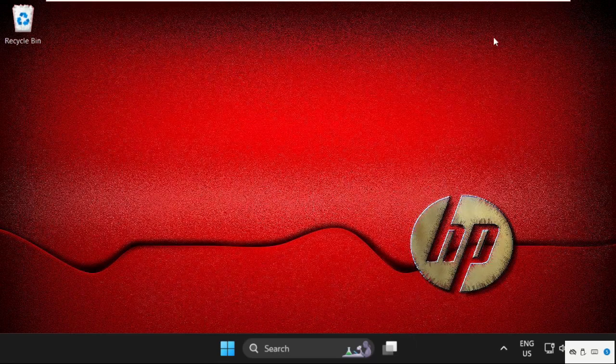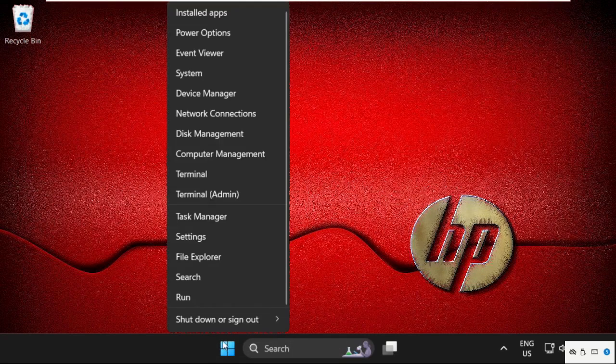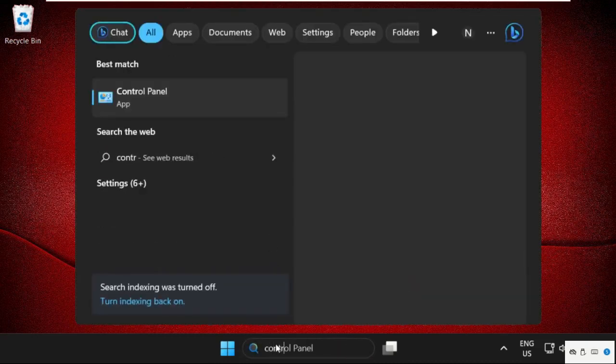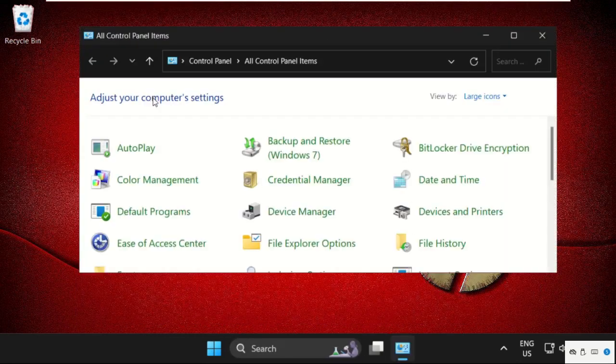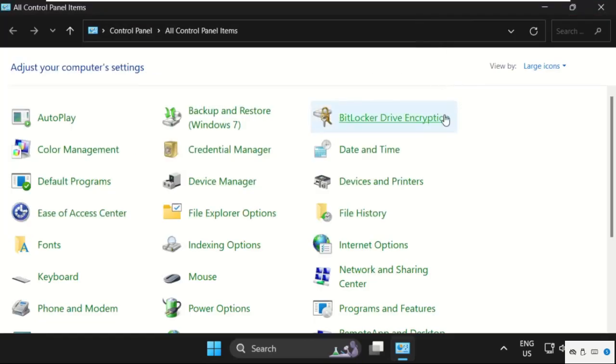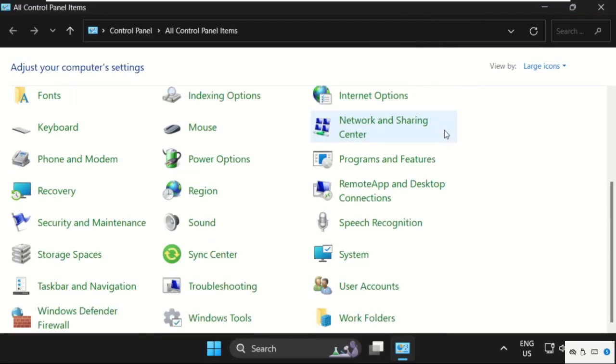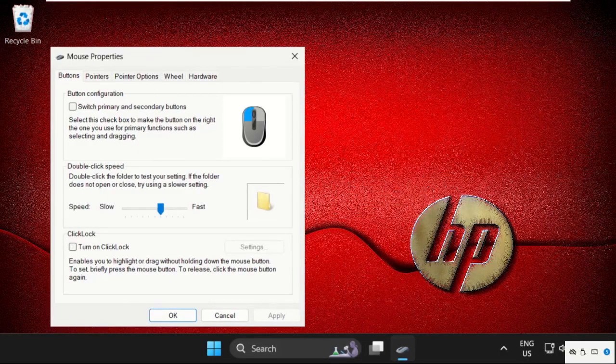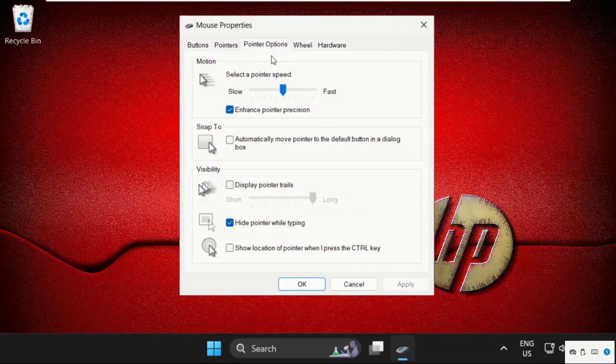Now close this window and in the last step just right click here and again we need to search for control panel. Click here to open it. On this window, make sure you have selected the view by as the large icons. Then scroll down, click on mouse, and on this window we need to select the pointer options and we have